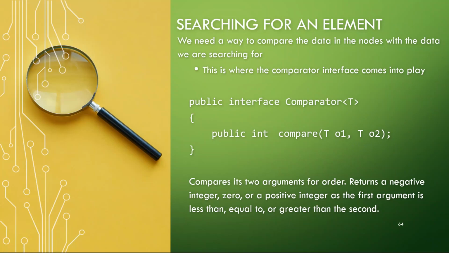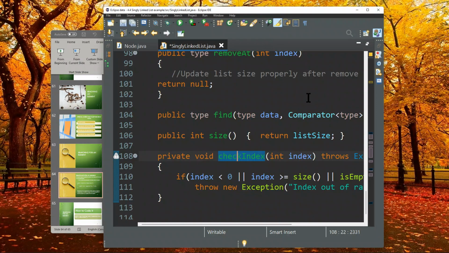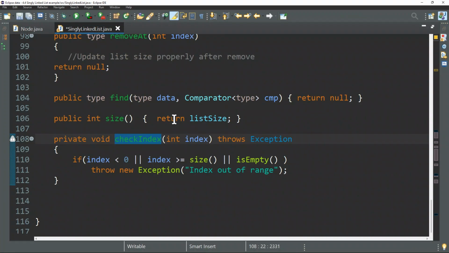We're just going to be looking to see if we can find some data, and the comparator that the actual user of the linked list class provides will tell us how to tell if there is an actual match. We just need to know that we can call this method and return back 0 if there is a proper match, and that other method that's passed in will do the proper comparison of two objects for us. And we don't really care at this point in time. We're in here. So for this find,